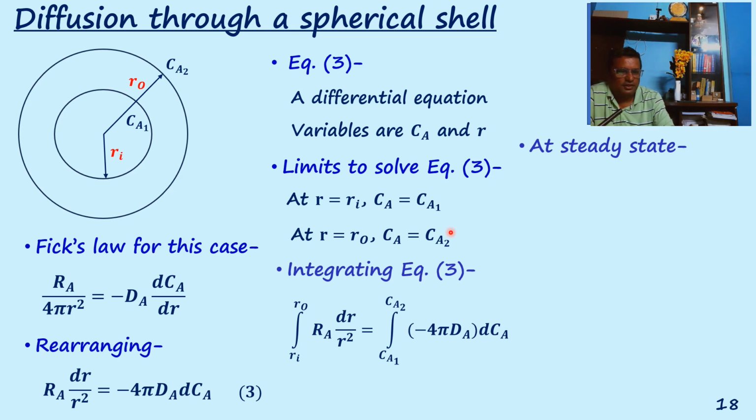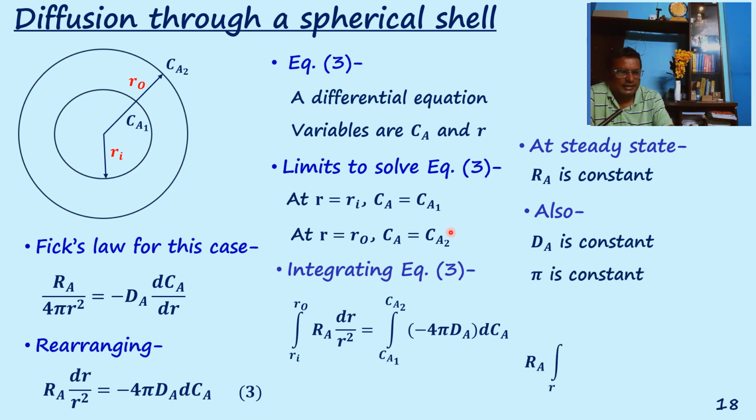Then what are the terms that are constant? Ra is constant at steady state. Along with that, dA is also constant, so pi is constant, so all this will be coming out of the integral. And then you have r, after you take the constant terms out of the integral, you have Ra into integration from Ri to R0 dr upon r square, that is equal to minus 4 pi dA integration from CA1 to CA2. Okay, so